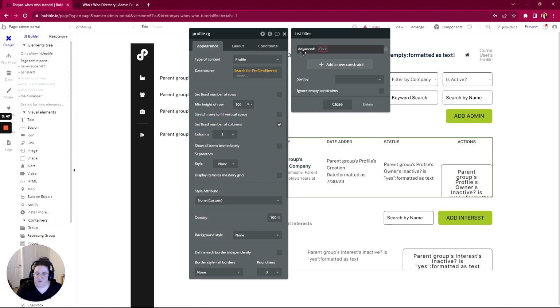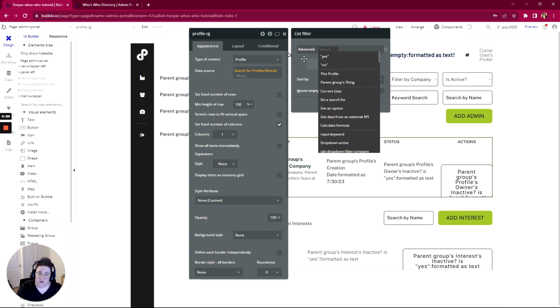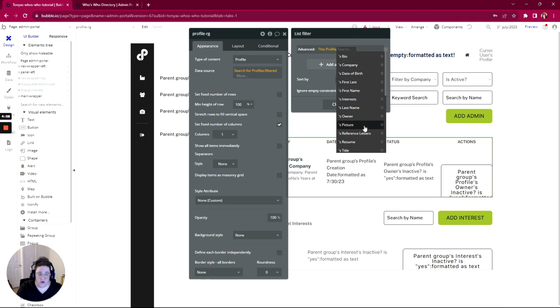You have to be careful with advanced filters. First, I don't use them if I haven't curtailed how many items are showing in the list, and I don't use them with any kind of search or query because it ends up taking too long and it's too much resource. So here the advanced filter is going to say this profile's owner's inactive,